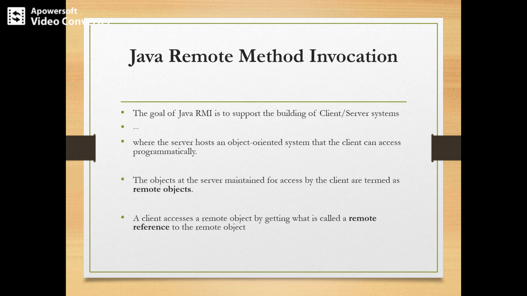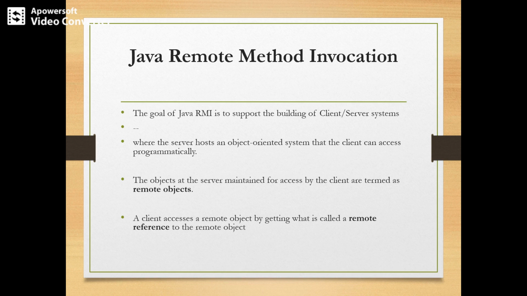Whenever we set up a remote object for the client system, we should first define the functionality of the client, how it is going to interact with the servers, and what functionality is required on the client host system. This is accomplished by creating an interface. Then the interface will be created.